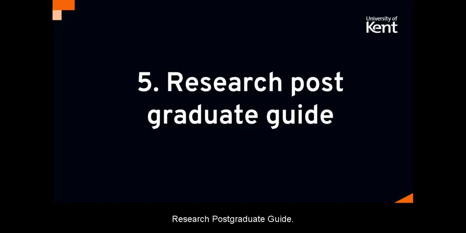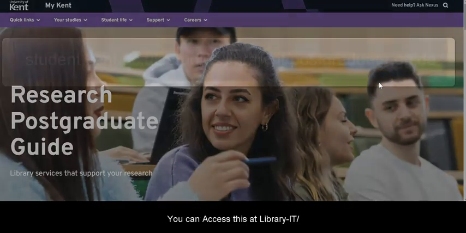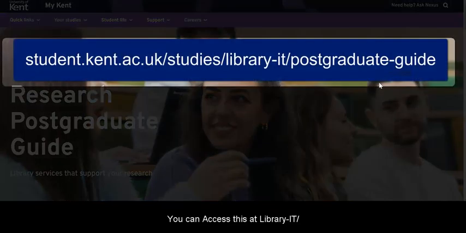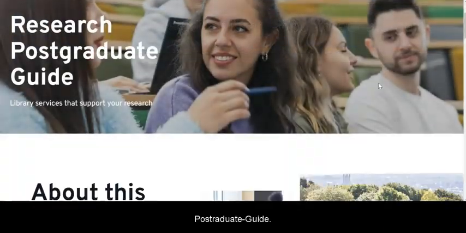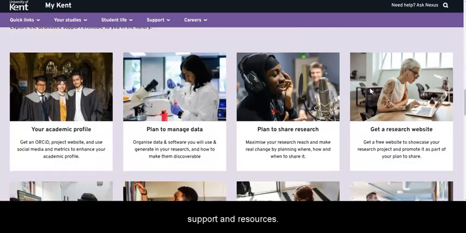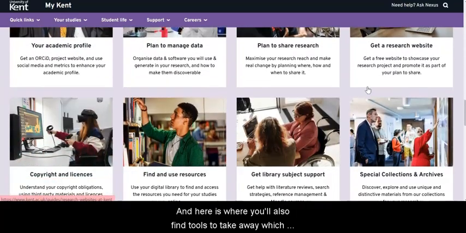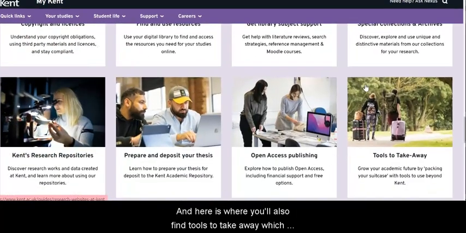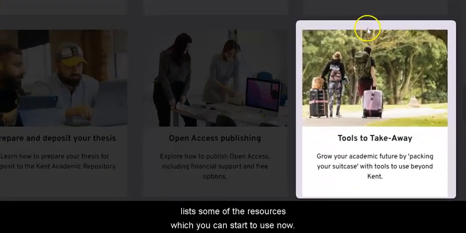Lastly, you can access the Kent Research Postgraduate Guide. You can access this at /libraryit/postgraduate guide. Here you'll find useful training, support and resources. And here is where you'll also find tools to take away, which lists some of the resources which you can